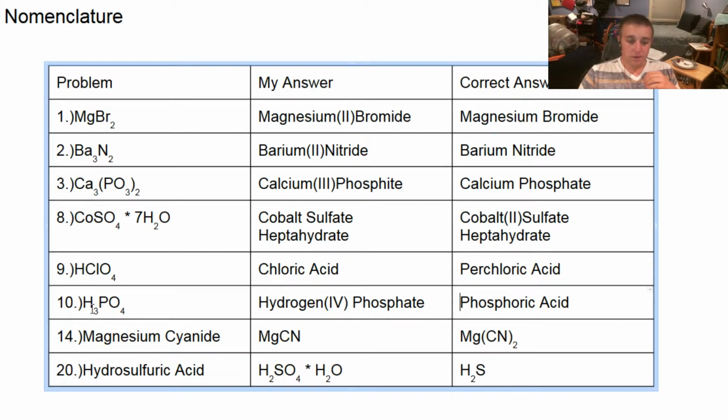There's a phosphorus right here, and then the H's and O's. When there's an H, it's always an acid. Like when there's an H at the front, it can be an acid. And this is the phosphorus. It has more